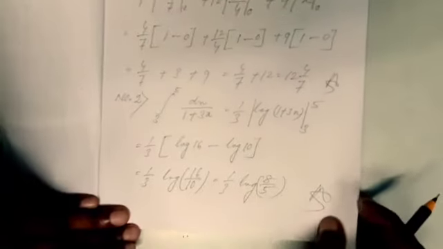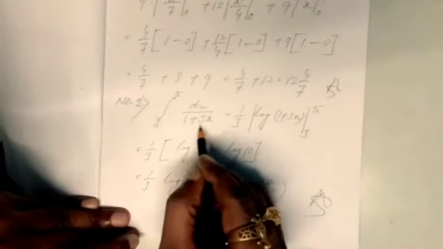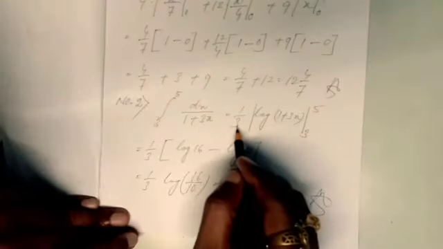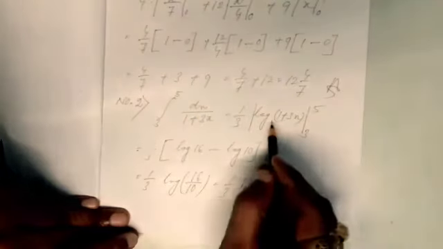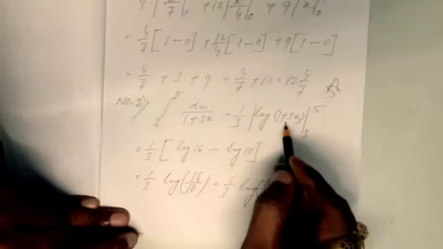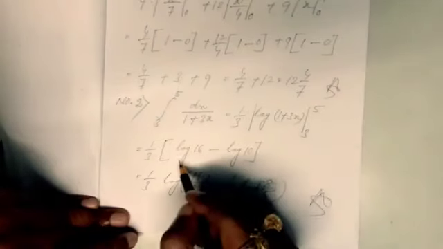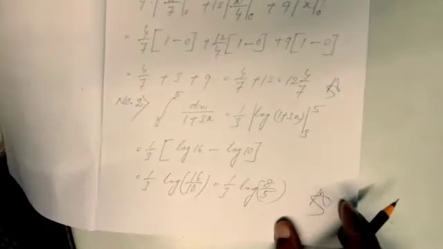Again I am repeating the question here. See, number 2, dx by 1 plus 3x. The coefficient of x is 3 here. In case of integration, the coefficient of x is divided. That is 1 by 3 written. And 1 by x form, that will be log of 1 plus 3x. Then you have to write lower limit 3, upper limit 5. Putting the value of upper limit and lower limit, you are getting 1 by 3 log 8 by 5. This is the answer of number 2.